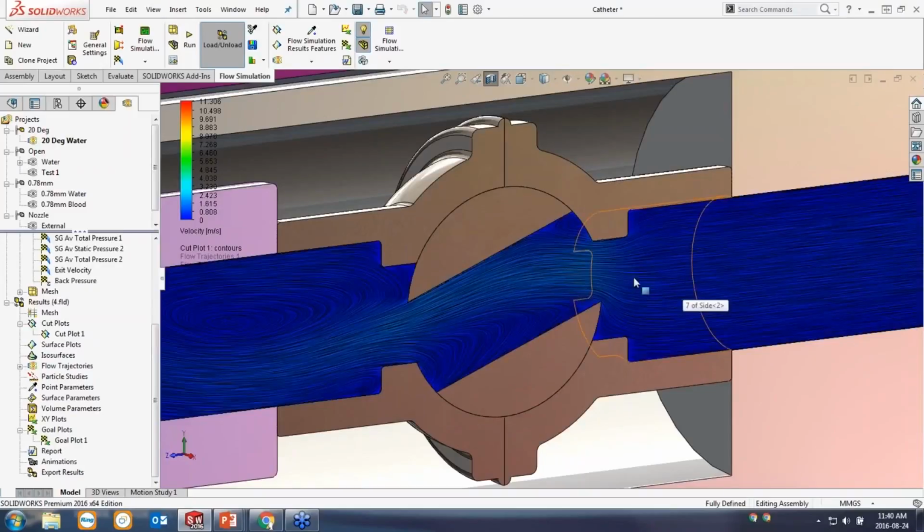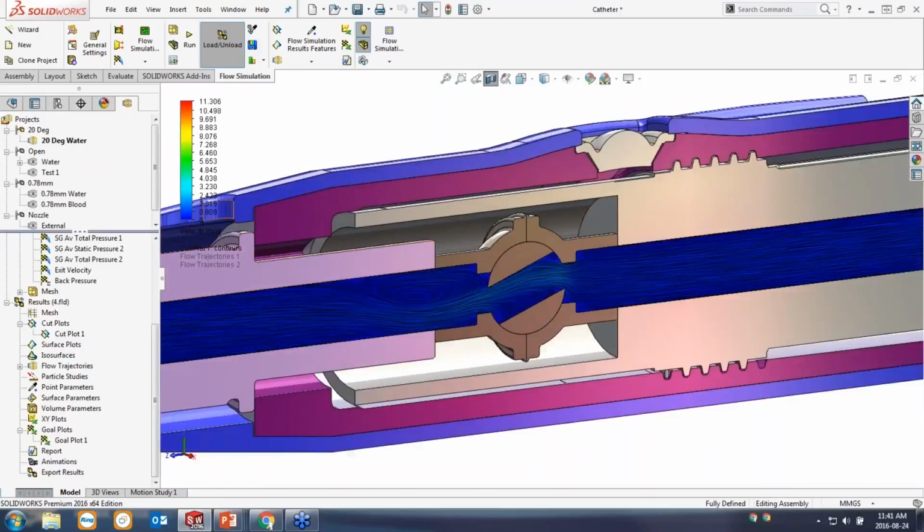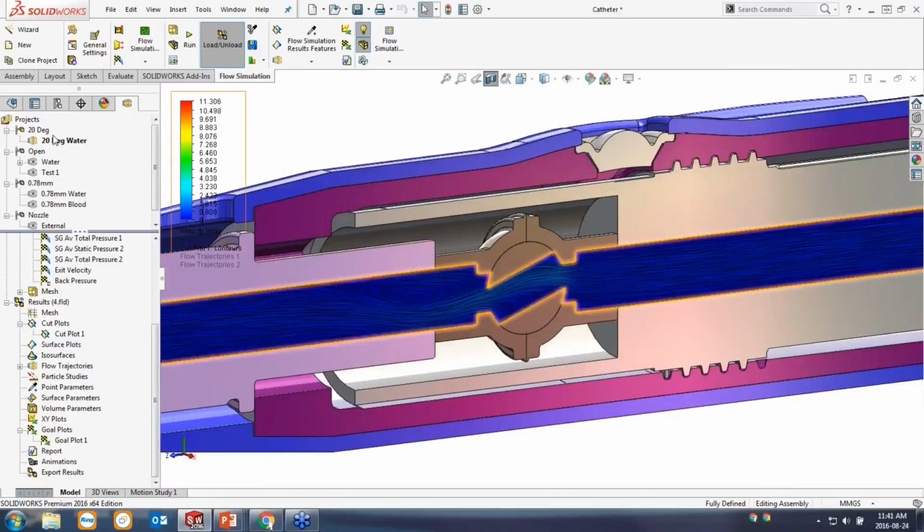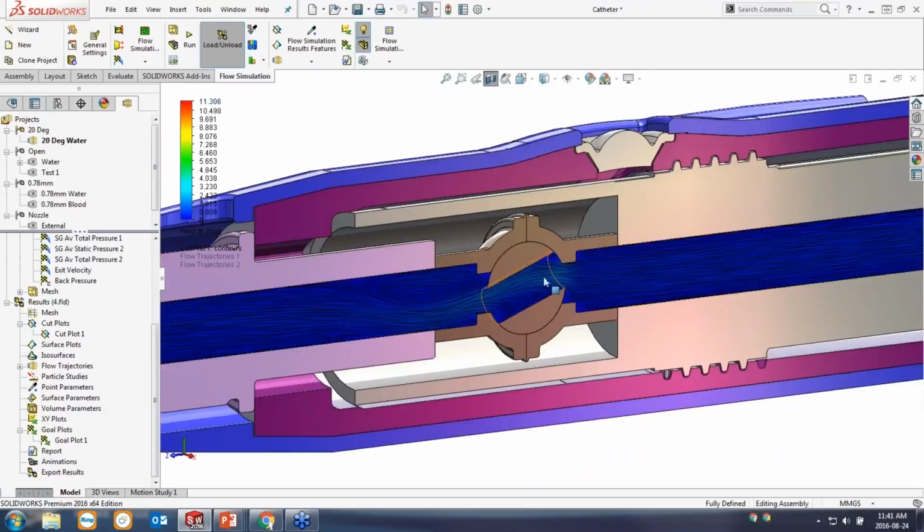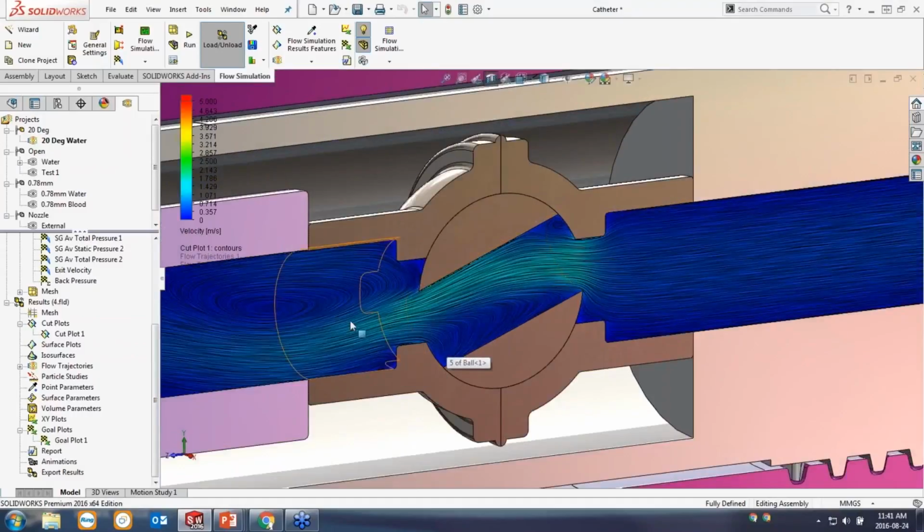Right in the cut plot here, we can see that, yes, it does have to move through that constriction. From the colors, we can see that it's not greatly increasing the velocity, although it is picking up some speed as it does have to fit through that narrow area. And it is creating some swirling as well. But